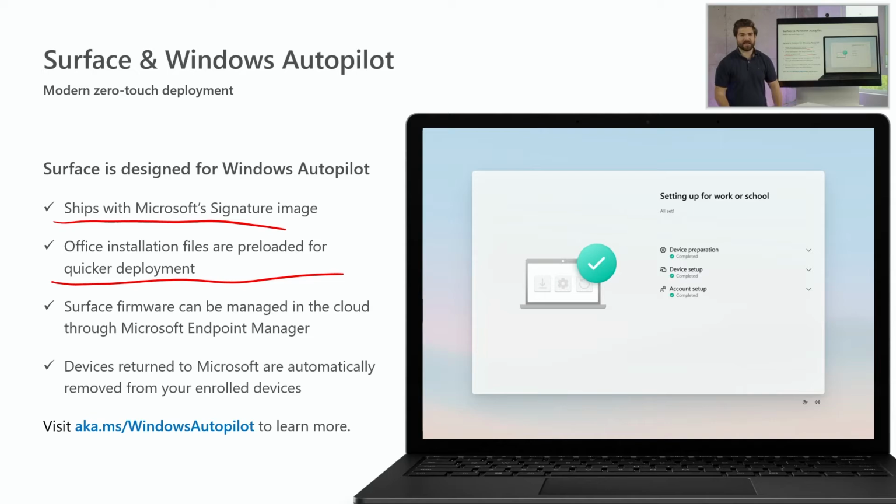What this means is in a neck-to-neck race with a Surface device and any other Windows device, they're both being deployed via Autopilot and they're going at the same speed. But once the Surface device has been deployed, it's ready to use because all of those Office applications like your Word, your Outlook, your PowerPoint, they are already pre-uploaded to the device. The other Windows device now still has to falter as the employee has to then download all of those installation files themselves. So in that neck-to-neck race, the Surface device is ready to go even quicker.